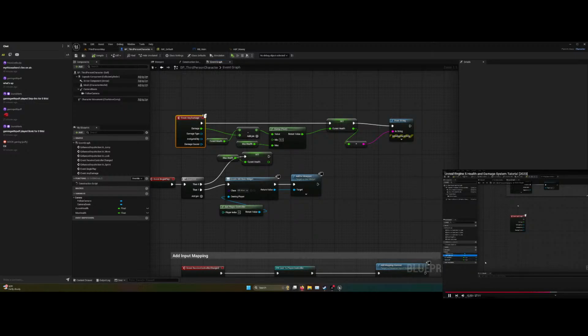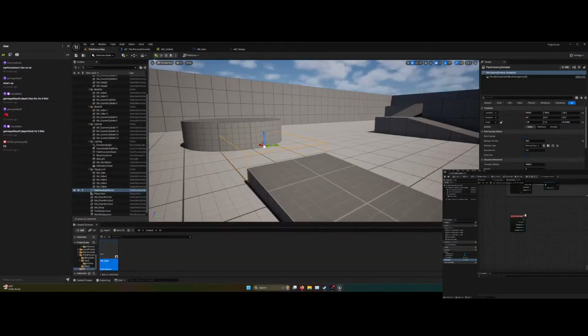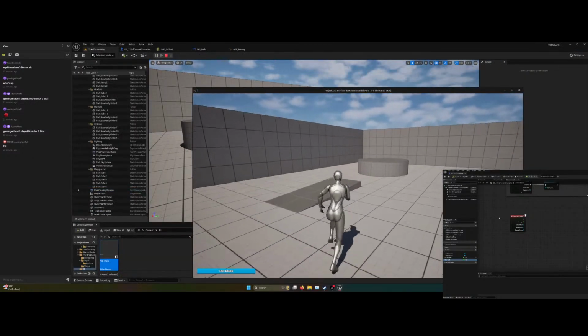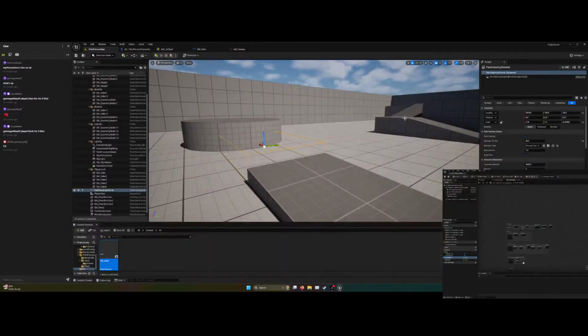Now for the current health, remember to compile, and now you can see the default value for the current health. Now instead of just setting our current health here as a default value, let's first set our max health. Let's say, for example, my character has a maximum health of 200. And let's compile. Now instead of setting this current health to 200 as well, the easiest way is just to